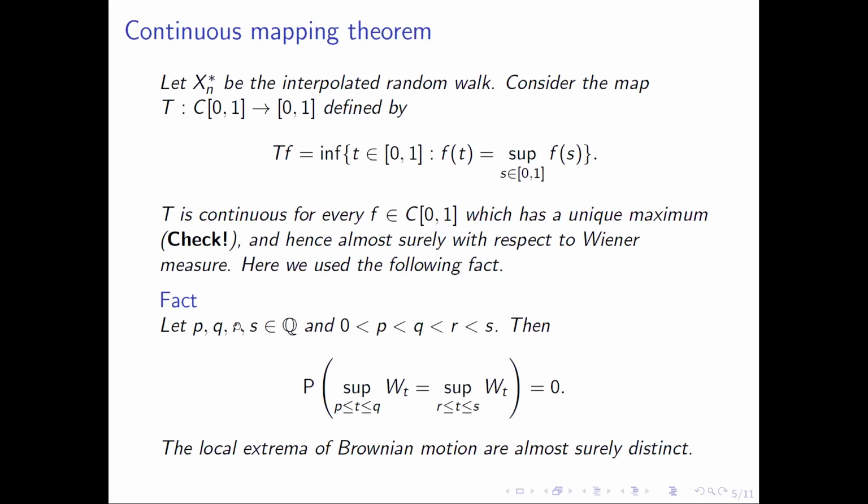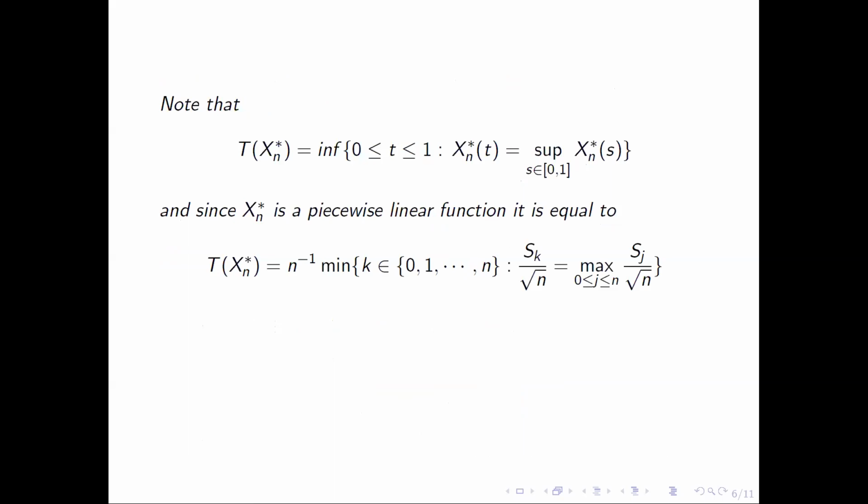This is a fact from Brownian motion, which says, forget about these rational numbers, if there are two points where the supremum is achieved, then the probability of that happening, so there are two points where the Brownian motion behaves the same, is 0. So if you locally look into the Brownian motion, all the extreme points are almost surely distinct. You have to keep this in mind when you visualize this picture, that there won't be two points where your maximum will be the same in a Brownian motion. Now this is helping a lot.